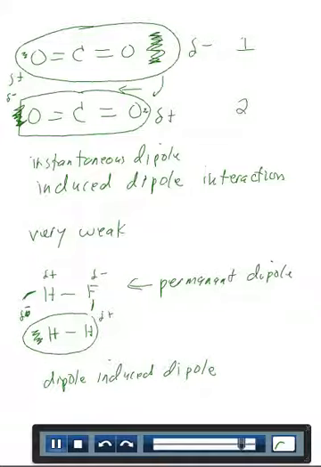So as the electron cloud around a molecule is more easily distorted, you can have a larger instantaneous dipole. So electron clouds that are very large are easily distorted. Electron clouds that are smaller are harder to distort. So the larger the molecule in general,